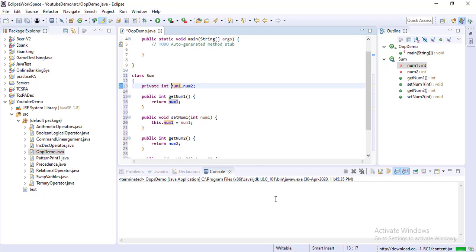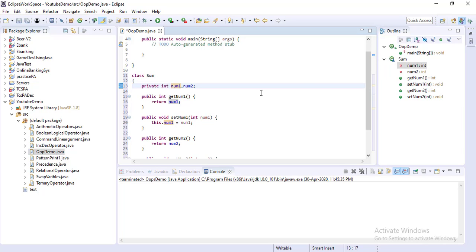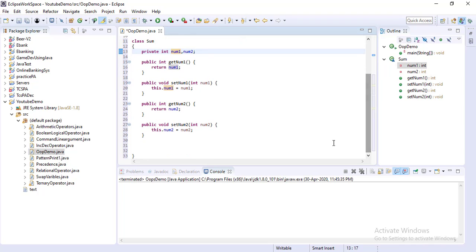Okay, so in case of C, you can see there is no such restriction. So the data moves throughout the program, and anywhere you can change the data. So there is no restriction and no protection of data. So in case of Java, this is the main part of object oriented programming, that we are focusing on the data. You have to mainly focus on who is being affected, that means data. Our main emphasis is on data.